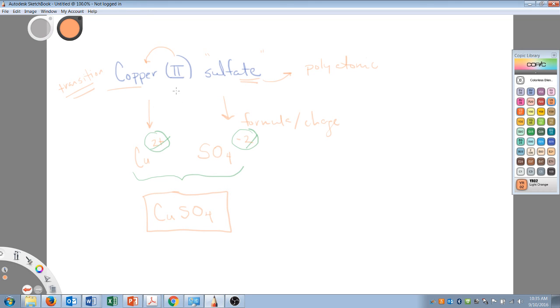So not so bad when you know what to do with this Roman numeral, right? As long as we know what to do with that guy, it's not a very complicated process. So we only have one more thing left to do. There'll be one more video after this, and then you'll have examples of every kind of naming in the Ionic world. So stay tuned for that.